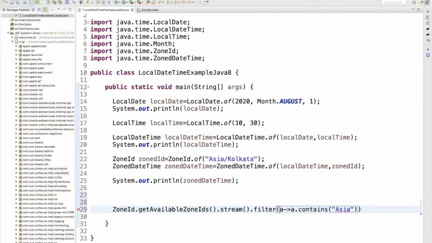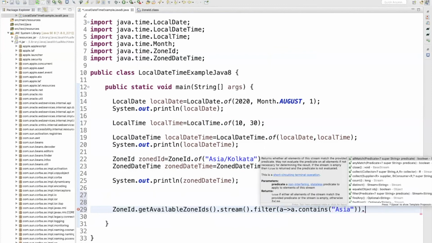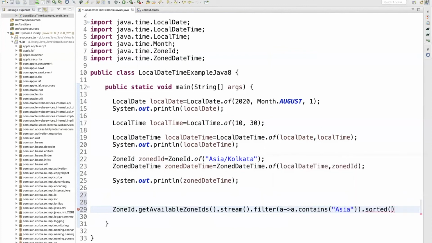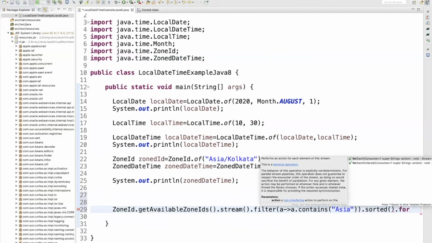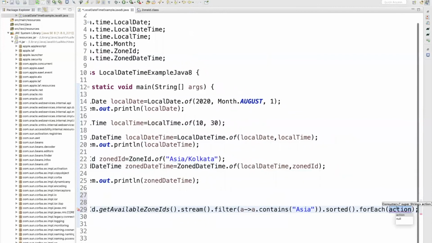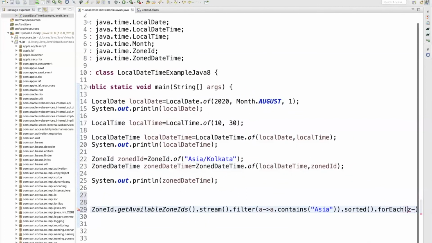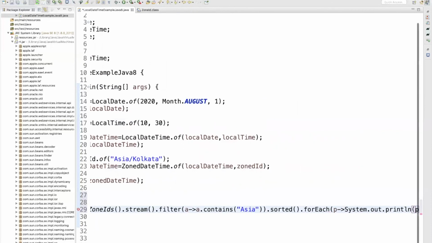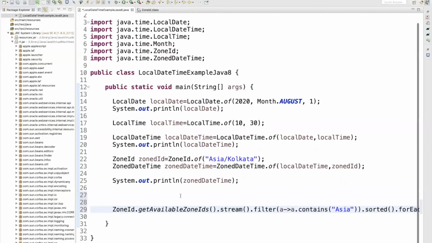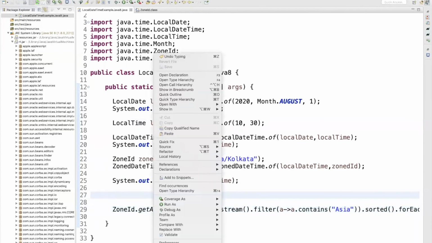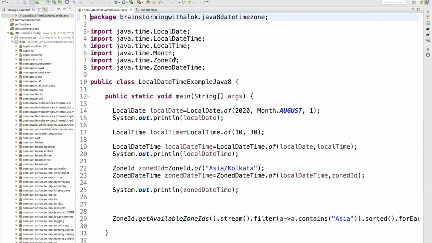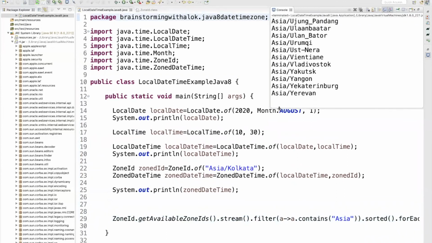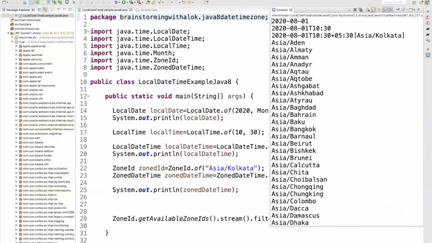Then let's sort it and print each occurrence, using System.out.println. After running this, you can see it has given the whole list of zone IDs by name, so you can find your country.